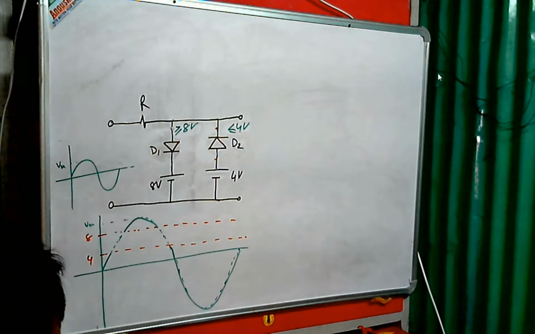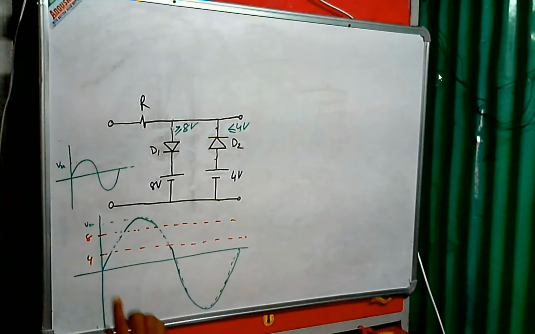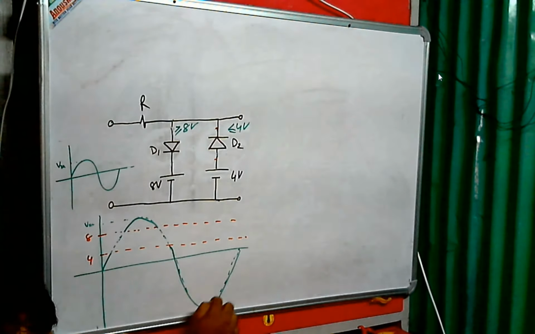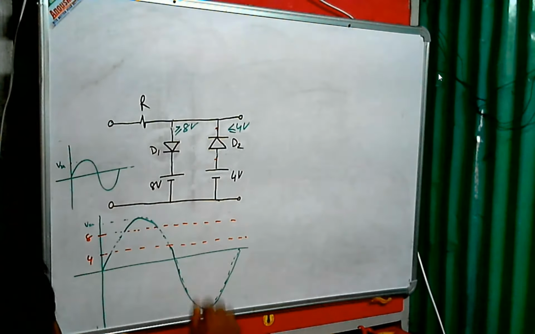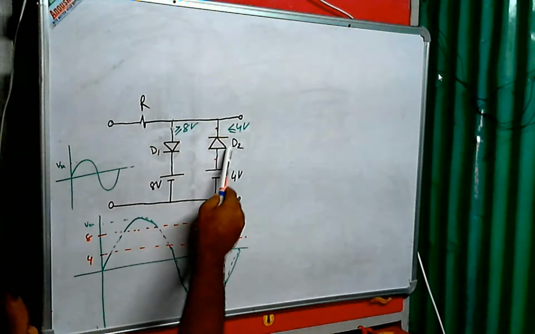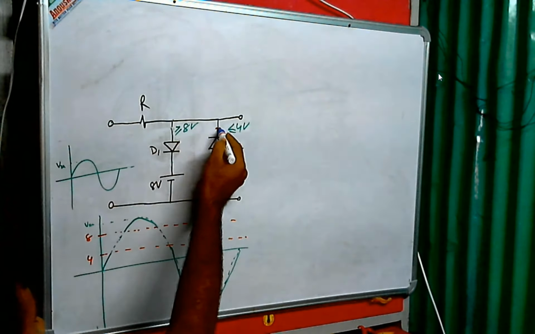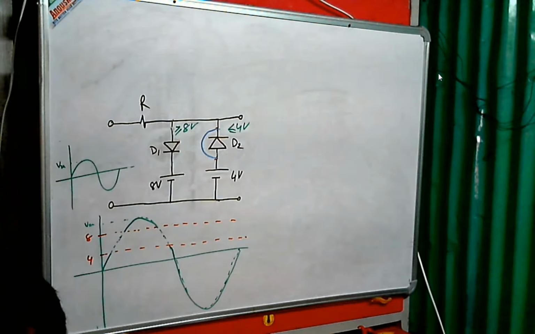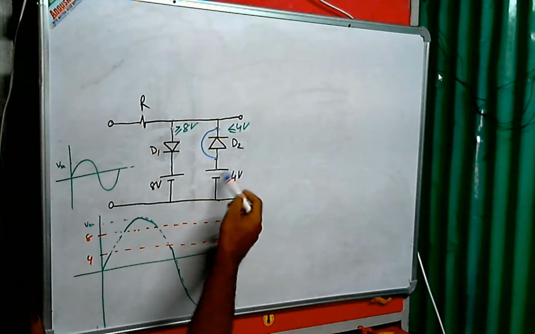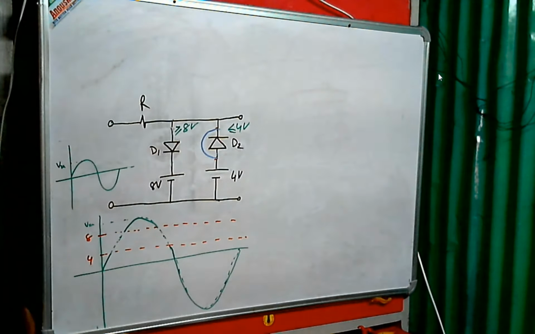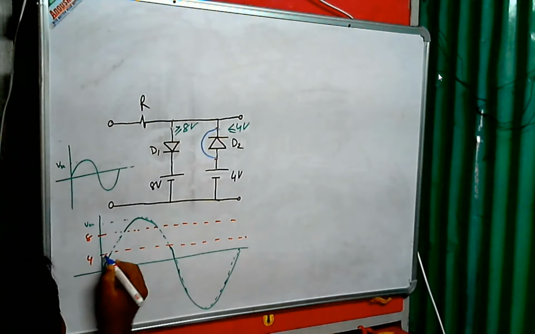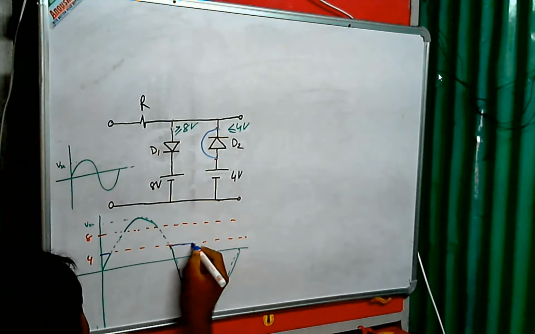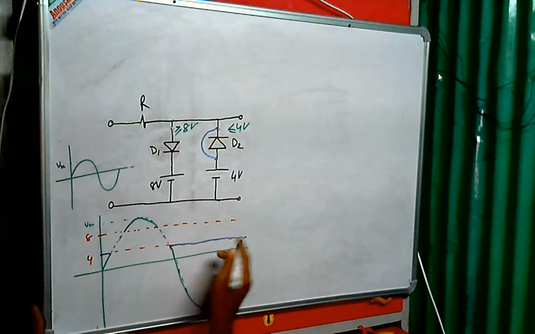So you can see this region, this part is for voltage less than or equal to 4 volt. Now what is happening in this region? Your D2 will be on. If D2 is on, you have to connect these two lines, because we have assumed ideal diodes. So directly this particular 4 volt is going to the output. So for this region less than or equal to 4 volt, your output voltage is simply 4 volt. The blue lines are the output voltage.